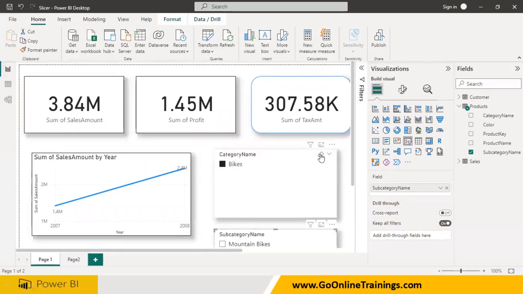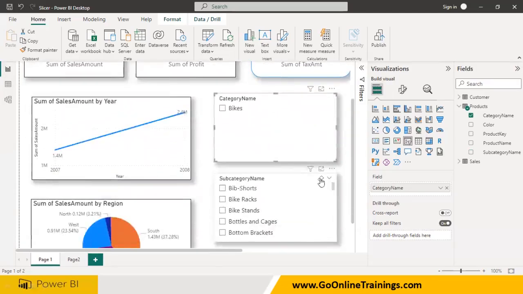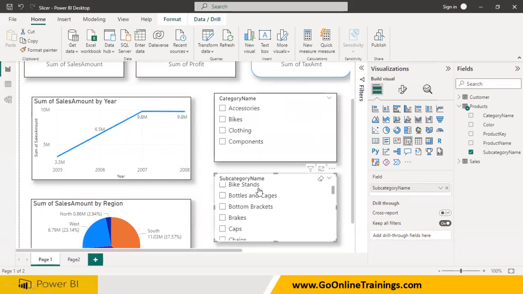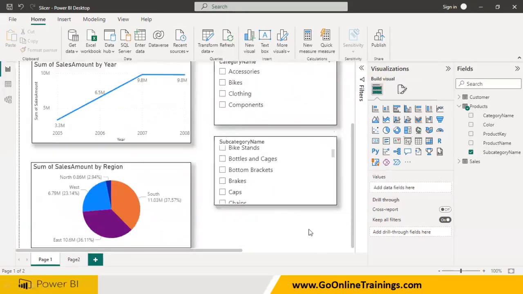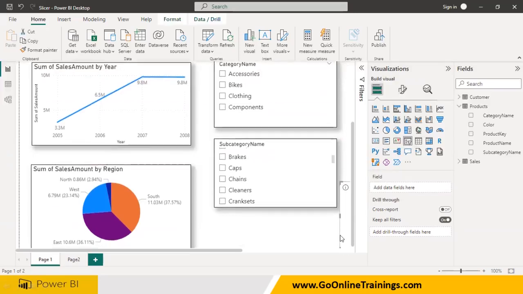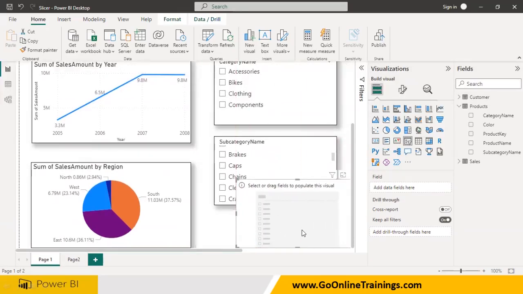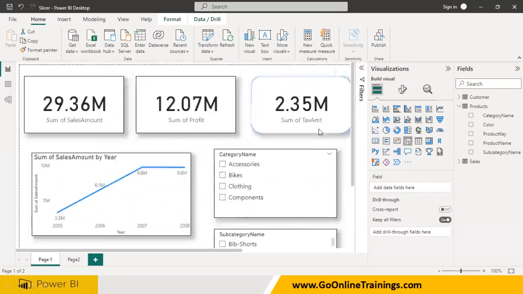So one slicer, and within that you can have one more slicer. And within this, I wanted to have the product. Let me drag and drop one more slicer. So I'll be able to get one more slicer. In this slicer, I wanted to have